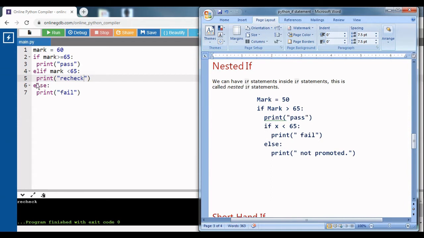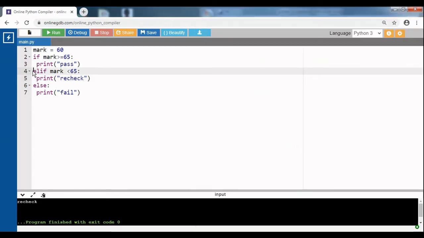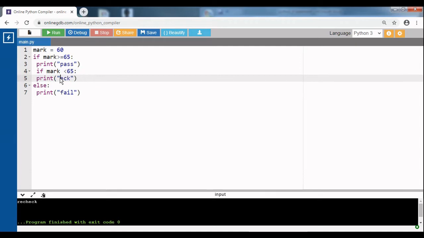Next is nested if. An if within an if we call a nested if statement. So how that can be used: in this itself I can make a change. I can convert this as, if mark is greater than 65, then pass. If less than 65, then I can display fail.